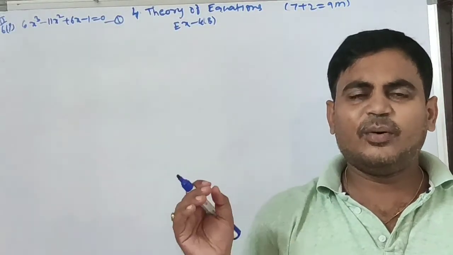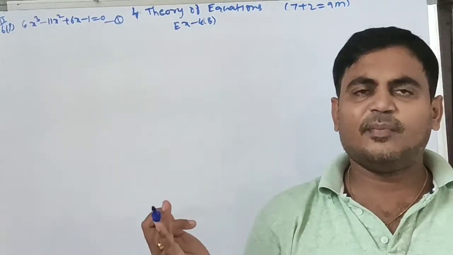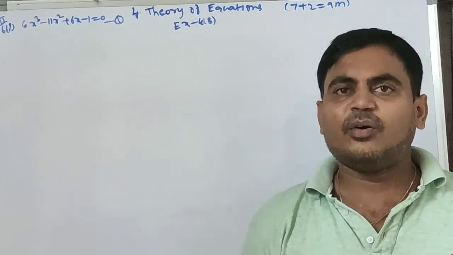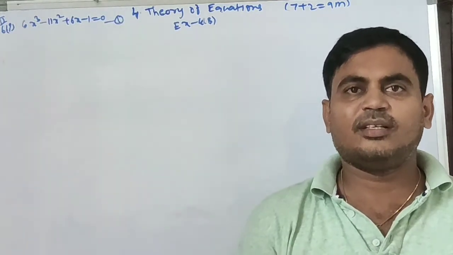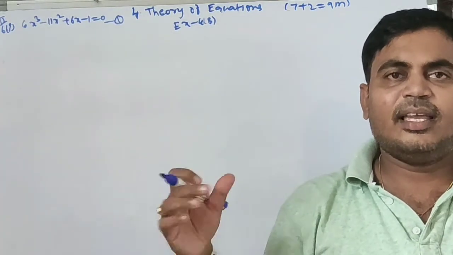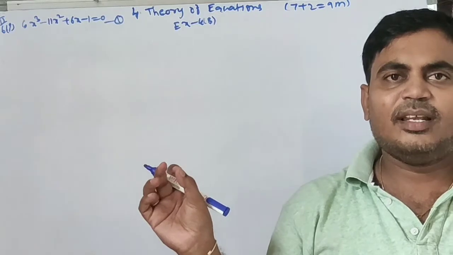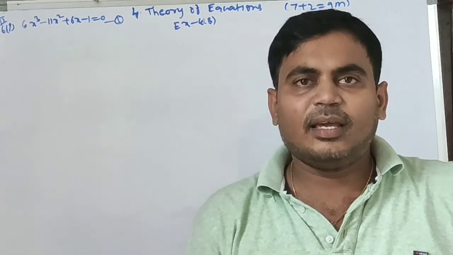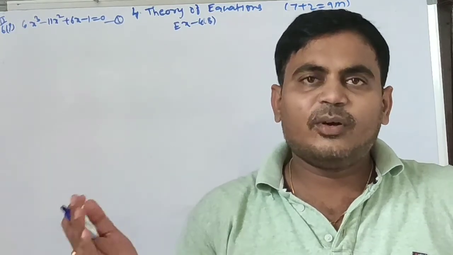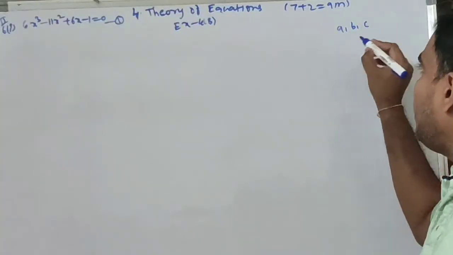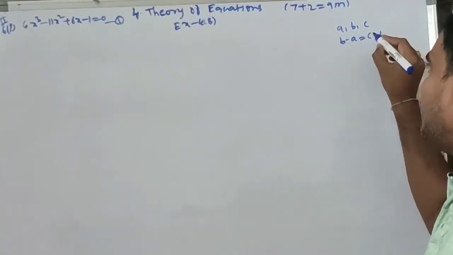So already we know in 10th class arithmetic progression, geometric progression, but harmonic progression is not in 10th class. So first we will discuss what is harmonic progression. So what is arithmetic progression? When the terms are in AP, the common differences are equal. A, B, C are in AP if B minus A equal to C minus B. So the differences are equal, then it is called common difference.